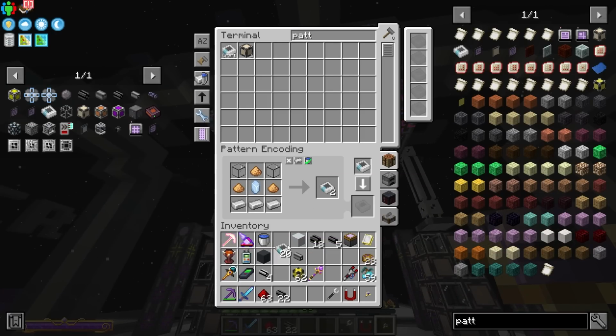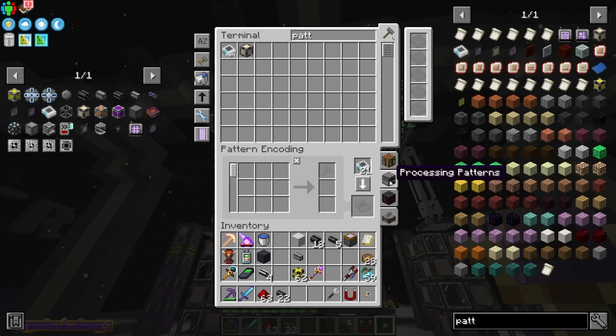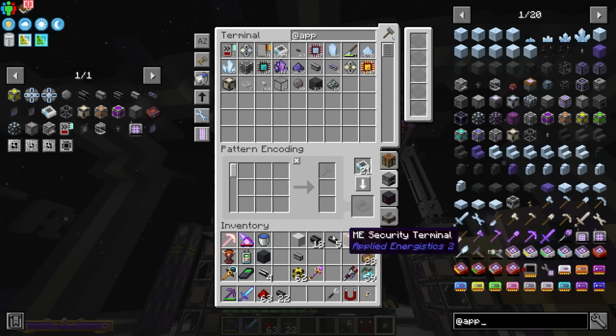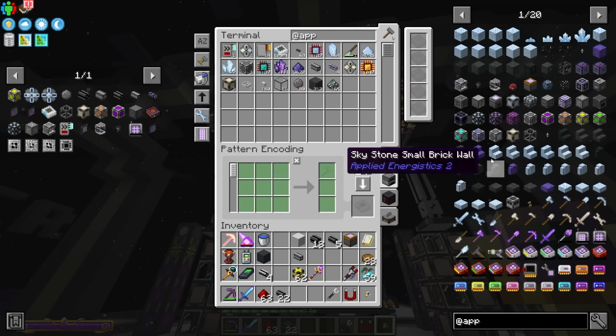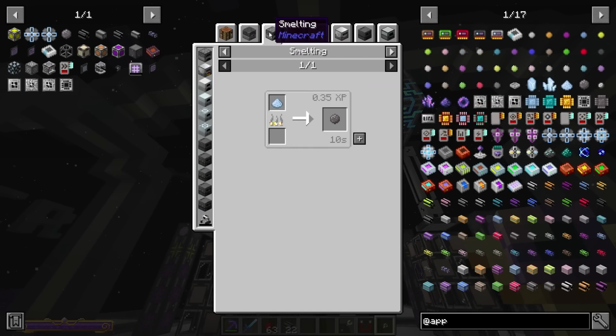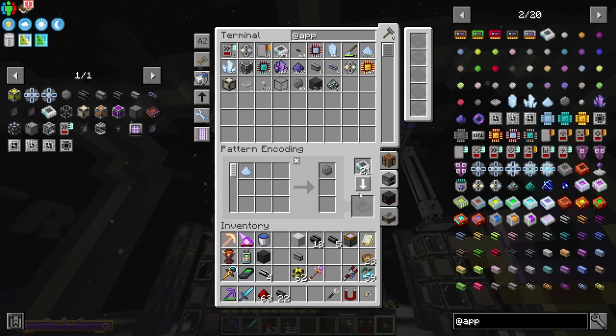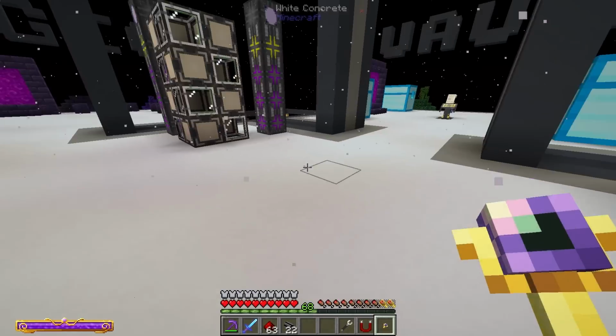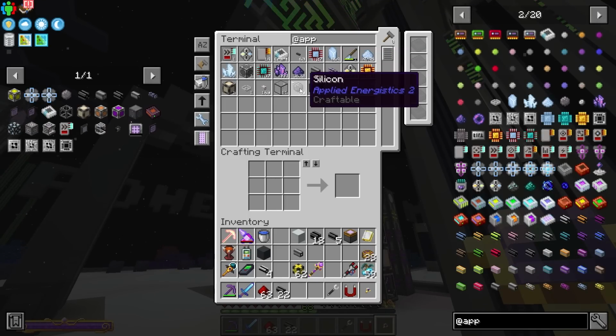So how do we actually make a processing pattern? Because that's a different sort of thing, right? We need to go here to processing. And I think it might automatically switch to processing, but one of the things that we're going to need with Applied is going to be what? Certus quartz, right? Smelted, we need to smelt Certus dust into the silicon. So we can go ahead and say, create a smelting pattern that smelts this. And whenever we go ahead and encode that, we should be able to take that and put it inside of our elite smelting factory. And if I go ahead and request some, I think we should be able to